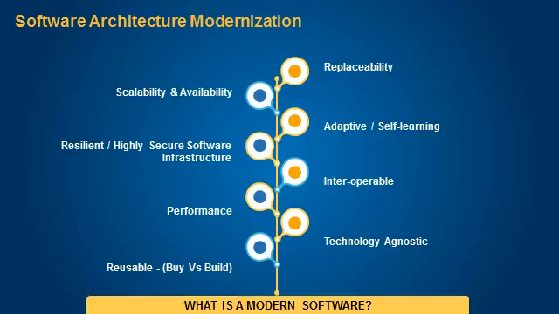And of course, interoperability in terms of working with various systems. In the modern world, you would have a whole lot of business applications, and you may not want to reinvent those wheels. So you want to tap into those capabilities and coexist. When you talk about coexisting, not every application or system is built on the same technology. So you would have a whole lot of technology-agnostic pieces in your ecosystem and be able to interoperate.